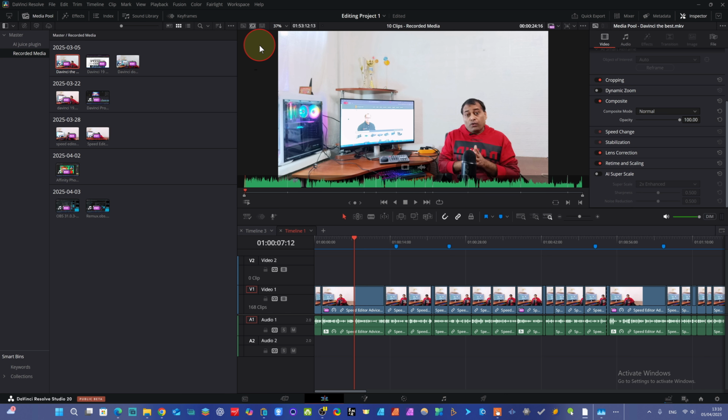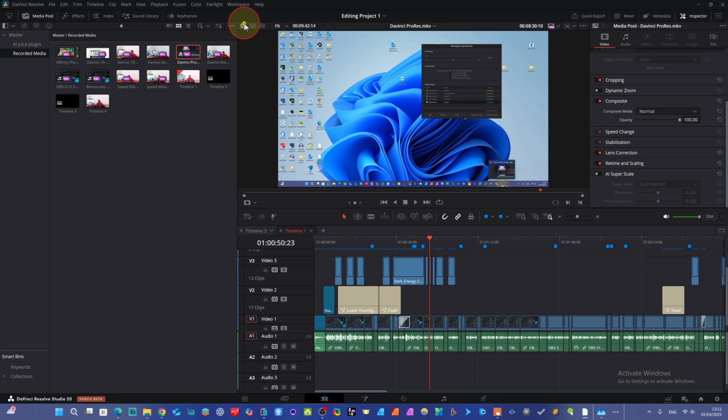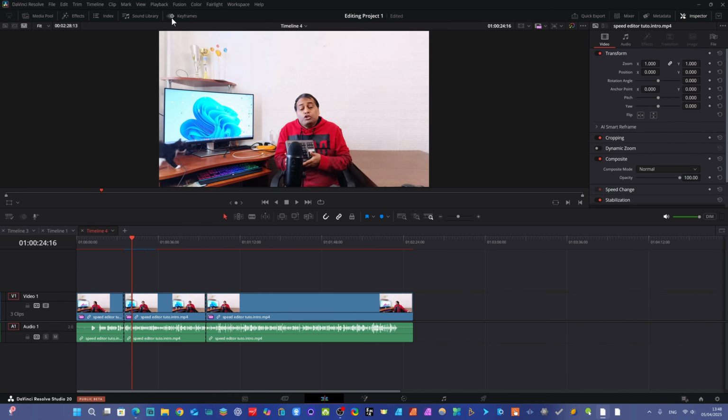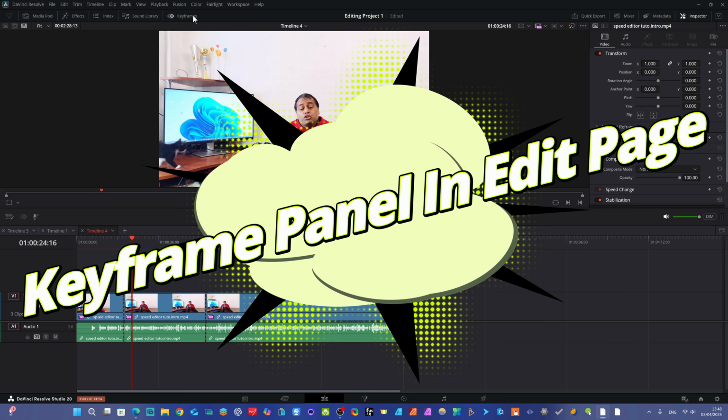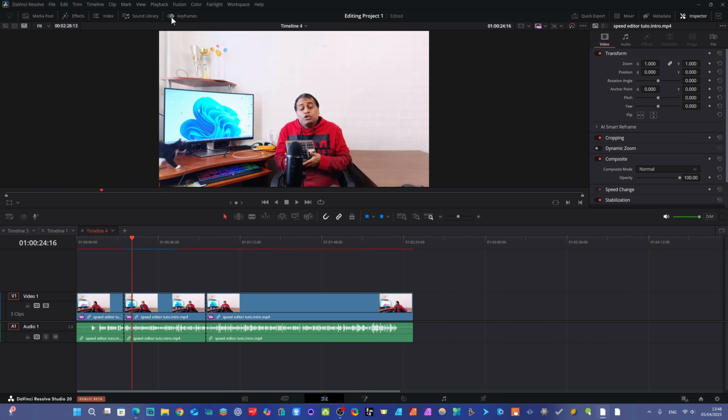Now in the same way, you see here we have a timeline view, and the timeline view will be available here. This source tab is available, and here a source clip is available. So it's good. We were using this only in the cut page, but now we can use this in the edit tab. The biggest new feature which we had been waiting for a long time, the same as Premiere Pro: now you can see the keyframing panel is available in the edit page.